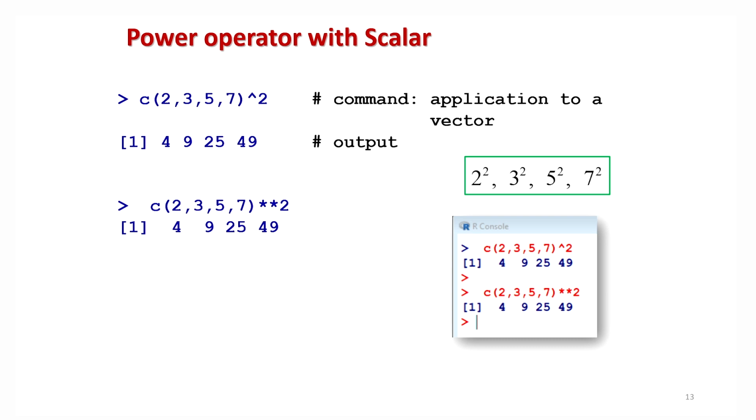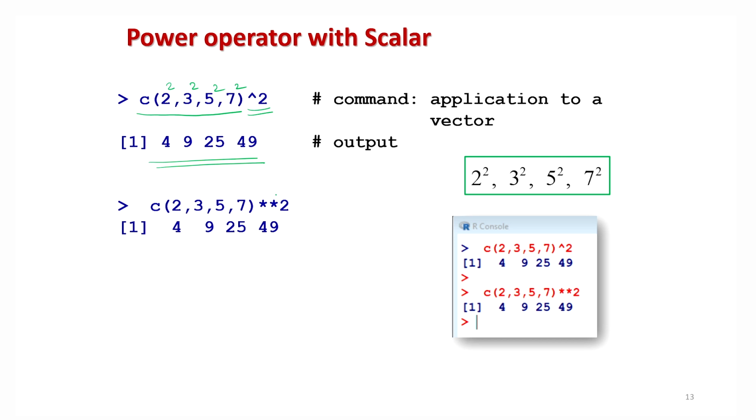Now we come to our last operator, which is the power operator. This is again the same as what was happening with the other three. Suppose I take one data vector having 4 elements, and I apply the power operator 2, that means each of these numbers is going to be squared like this, and this is the outcome.